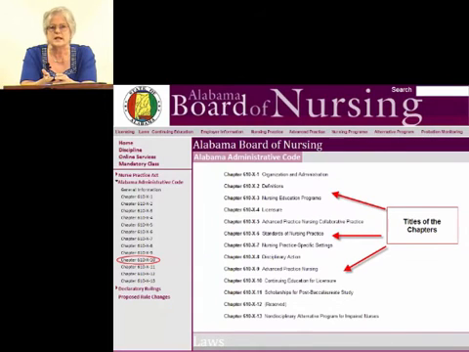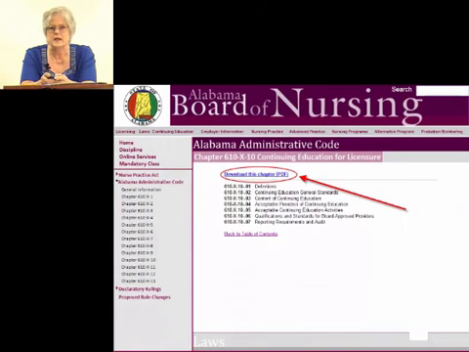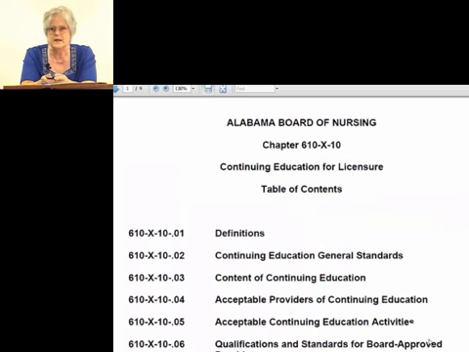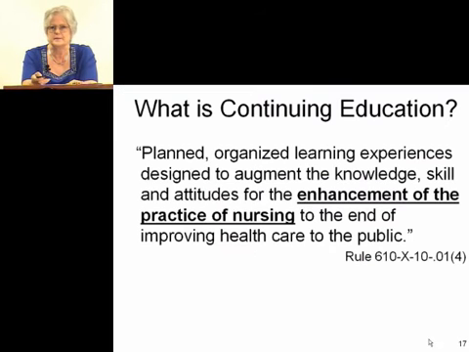You will see the chapters with their titles over on the right. So come back over to the left side, and for CE rules, click on Chapter 610-X-10. It will then tell you in the center to download the file in PDF. You do that, and then you have a copy of the rules that you can then scroll down and look at all the parts that we're going to talk about today and the parts that we don't talk about.